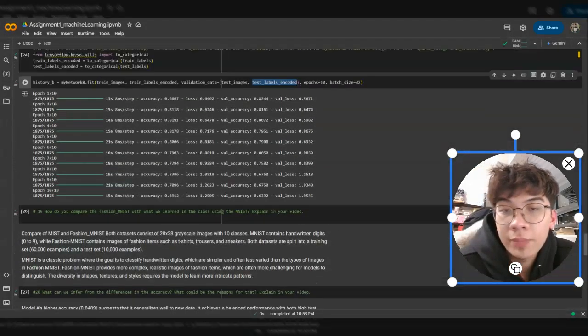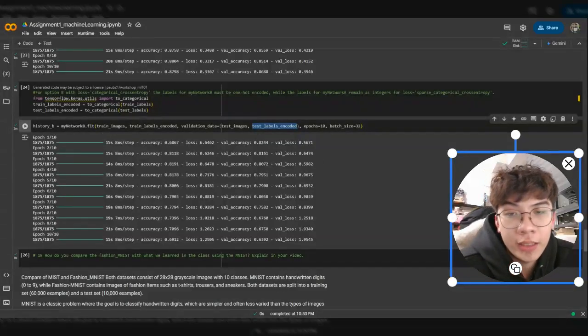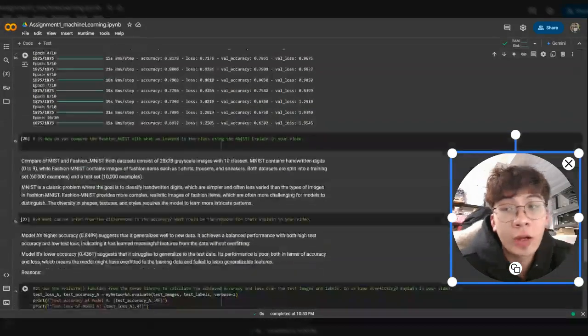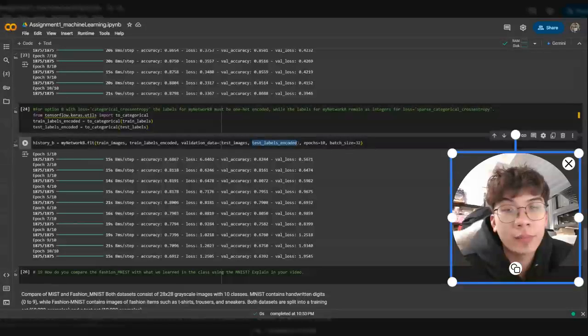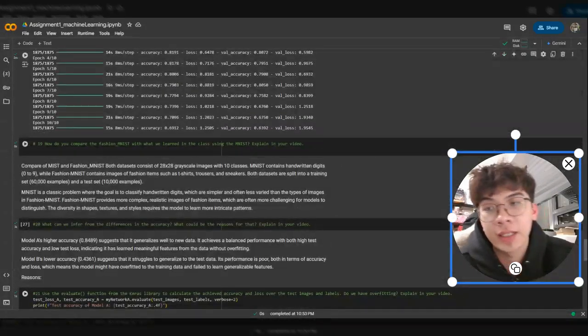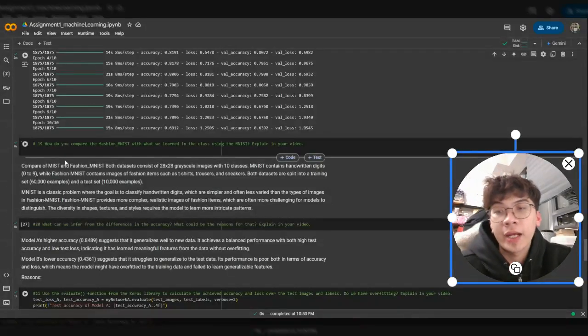After that, we can see another 10 epochs as well, but the accuracy is decreasing and the value of loss is increasing. At first it is 82%, but after that it is 63% at the final epoch. So first of all, let's compare the Fashion